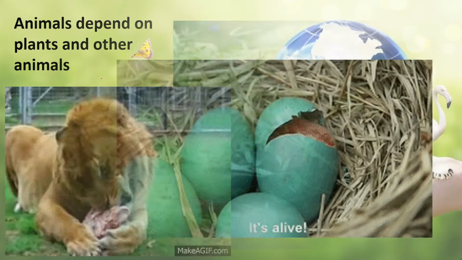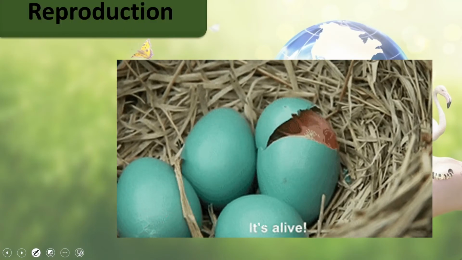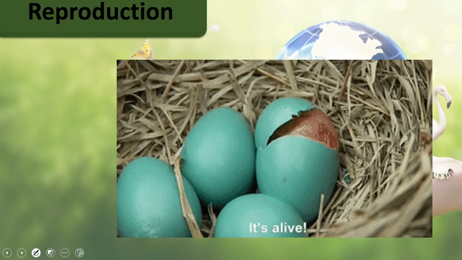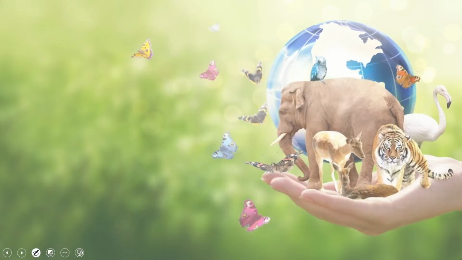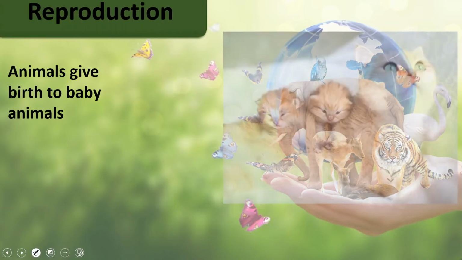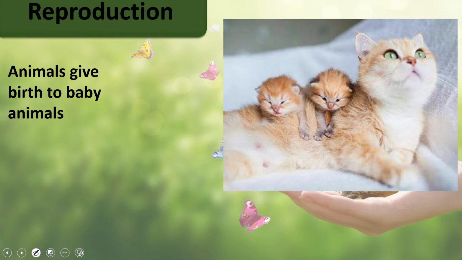get their energy. Next characteristic is reproduction. Either they lay eggs, या तो ये अंडे देते हैं जिनमें से बच्चे निकलते हैं, या ये लाइव बेबीज को बर्थ देते हैं, जैसे कि बिल्ली, डॉग्स, दे ऑल गिव बर्थ टू लाइव एनिमल्स, इनके एग्स नहीं होते। दिस प्रोसेस इज कॉल्ड रिप्रोडक्शन।